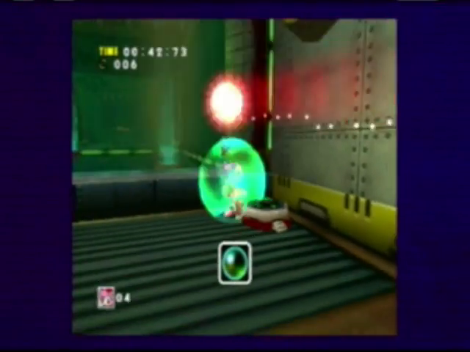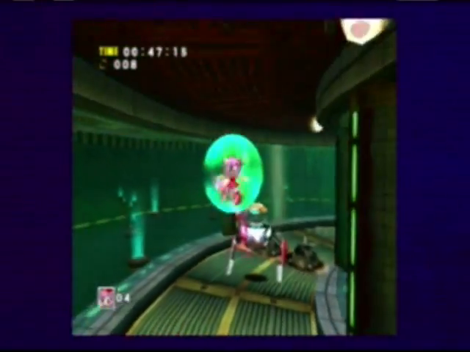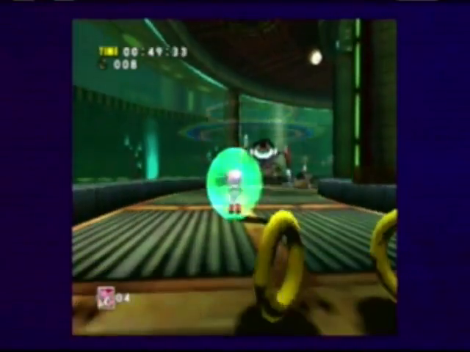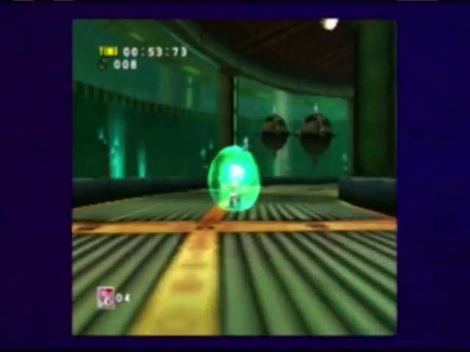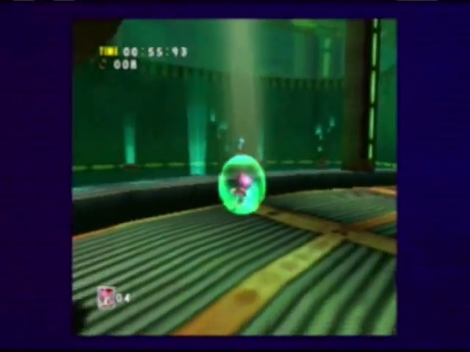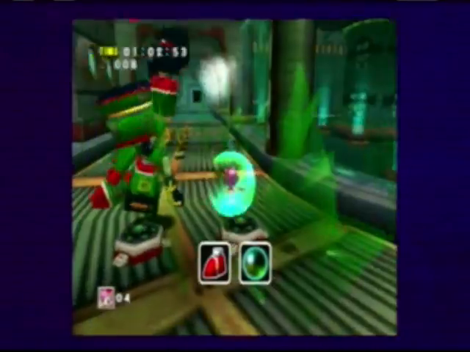Right, this is Hot Shelter. I forgot to mention that. It's a completely new stage that is exclusive to Amy, Big, and Gamma. Sonic, Tails, and Knuckles never come here whatsoever. So yeah, I do like the look of Hot Shelter,